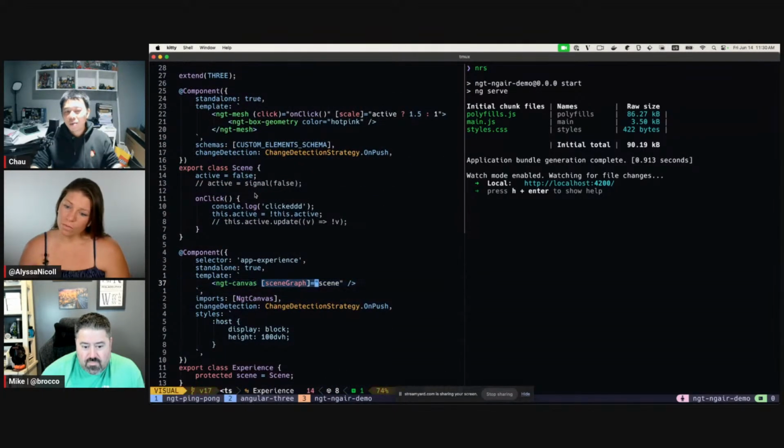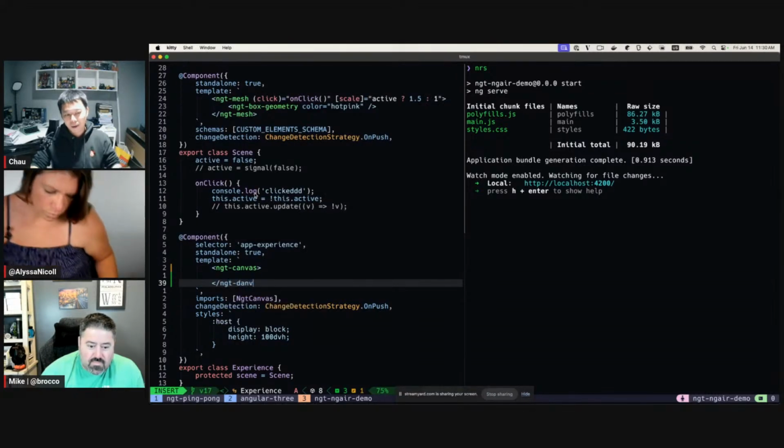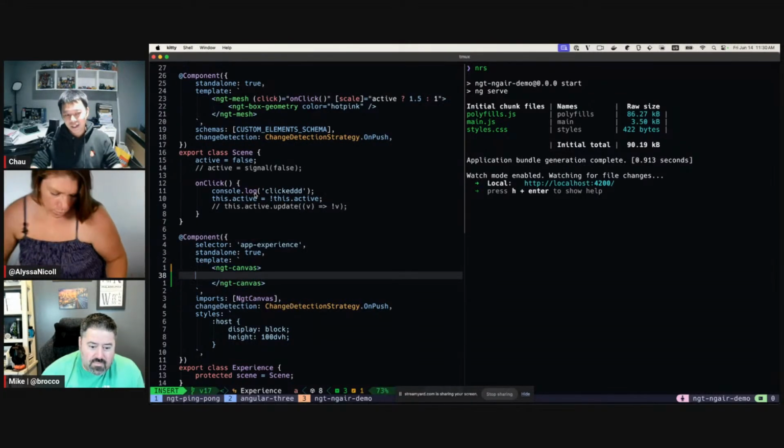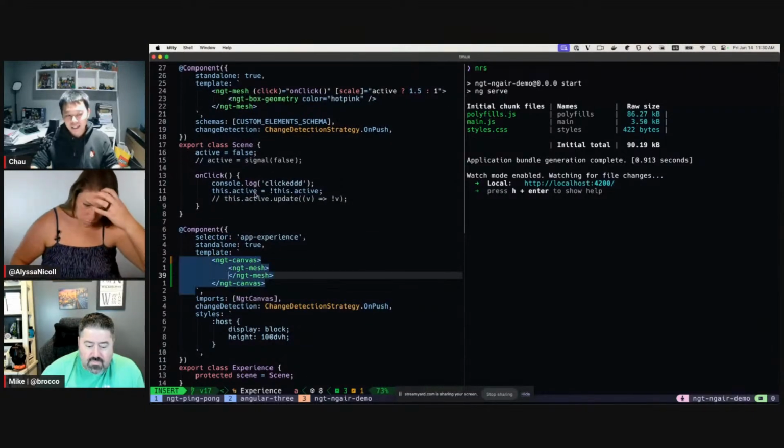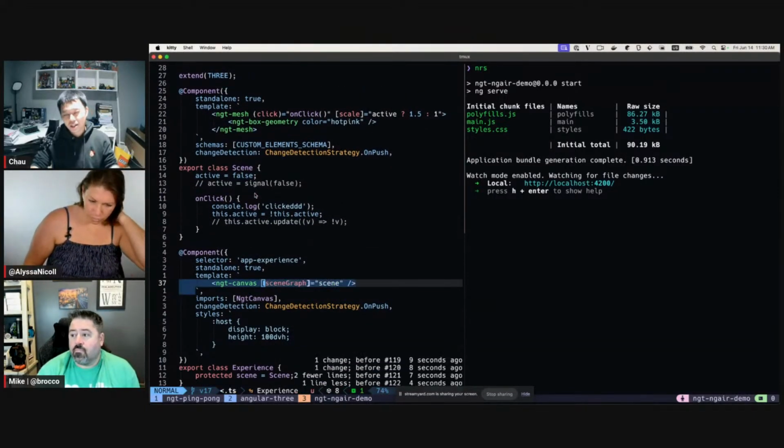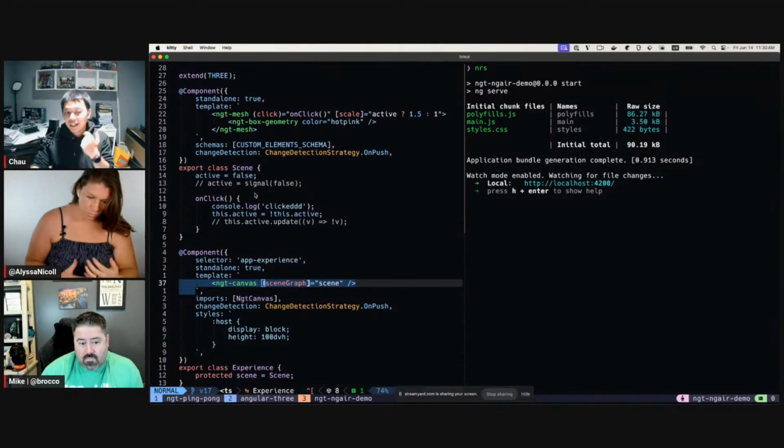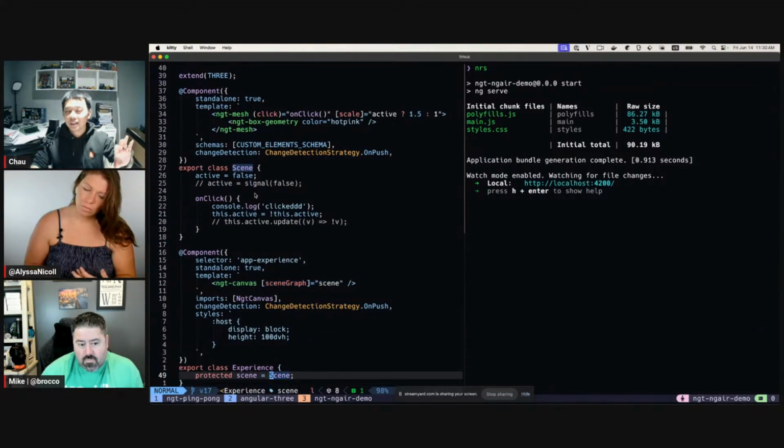Normally you would think, oh, I have a canvas and then I want to push my stuff inside of here. I say, oh, NGT mesh, blah, blah, blah, inside of here. But that doesn't work with the Angular custom renderer. You have to pass in a component like this one.